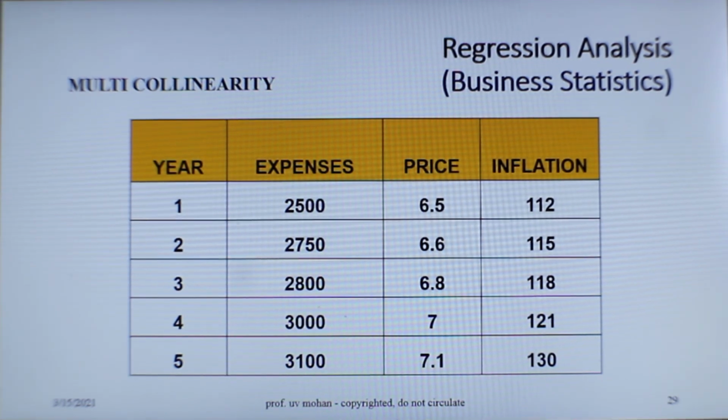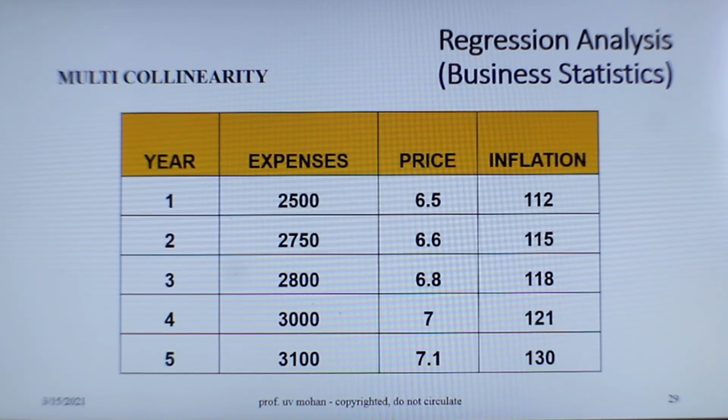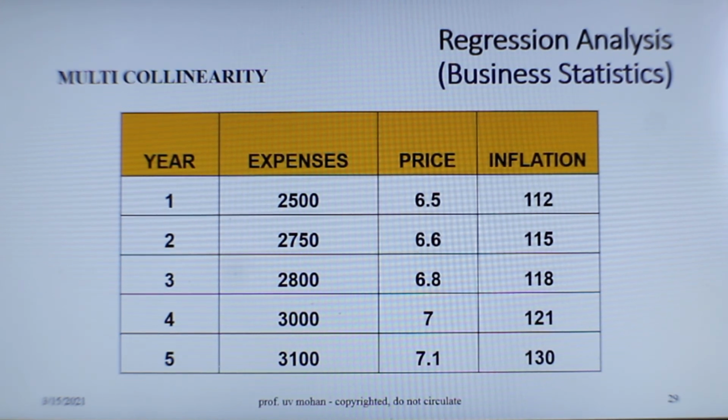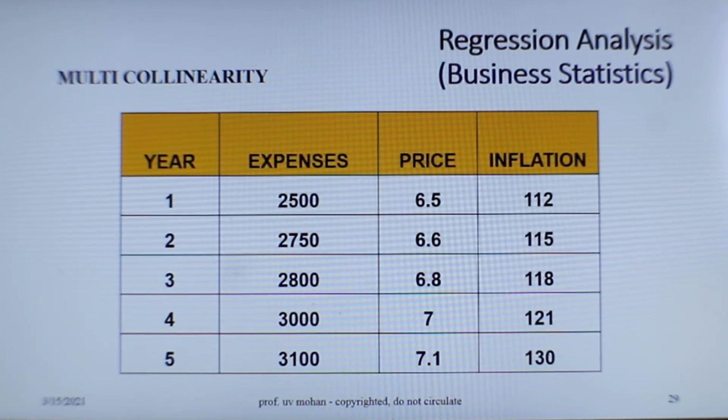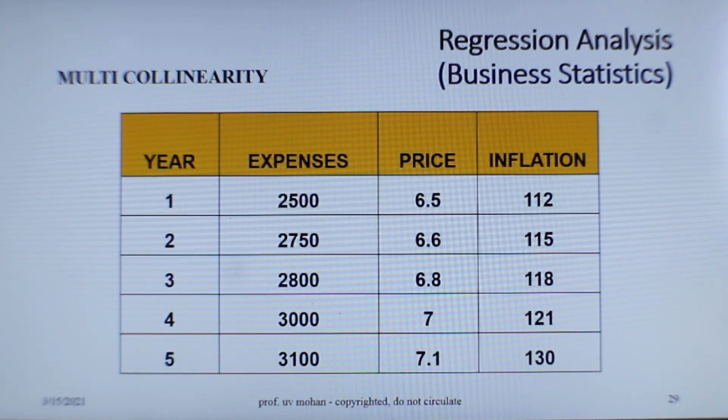We have come to the end of the session, and in this session we learnt about multiple correlation, partial correlation and multicollinearity. There are several independent variables which influence the dependent variable, and we need to understand how they are impacting the dependent variable. Also, in situations where you want to take decisions depending on the behavior of the independent variables and the dependent variable, we can eliminate one if there is multicollinearity so that the problems become simpler.